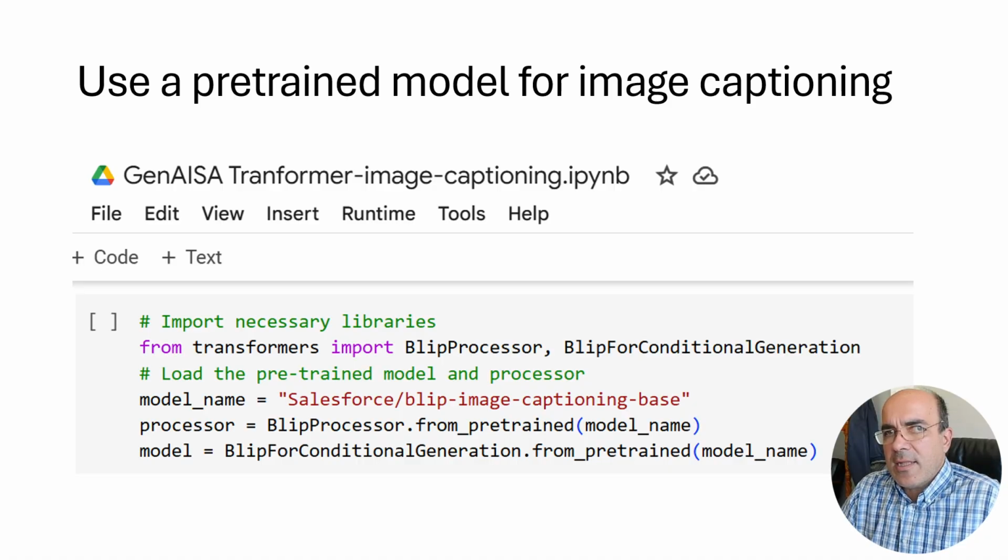The generated output is decoded using processor.decode, ensuring that special tokens are removed and the final caption is printed. This approach allows for automatic image description generation, making it useful for applications.